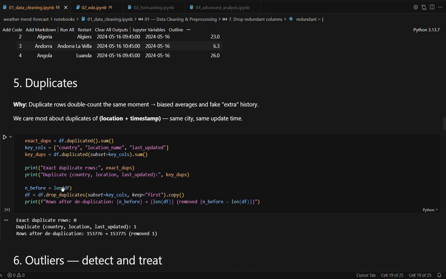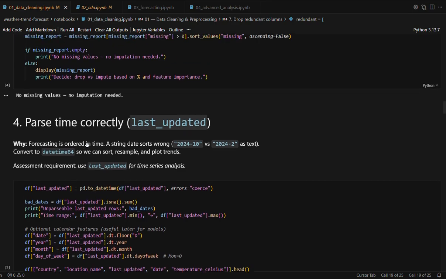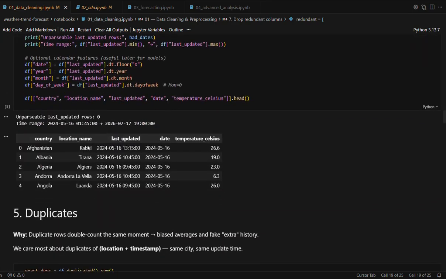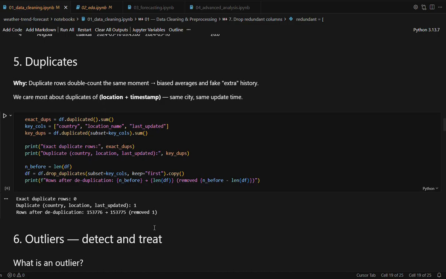And overall, after those cleanings, I remained with 153,775 rows. Just removed one, which was unclean, this one. And for the next one